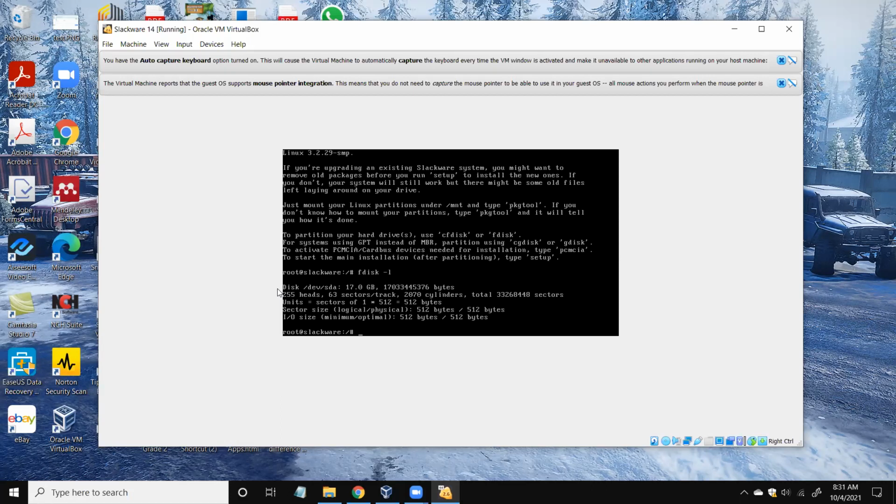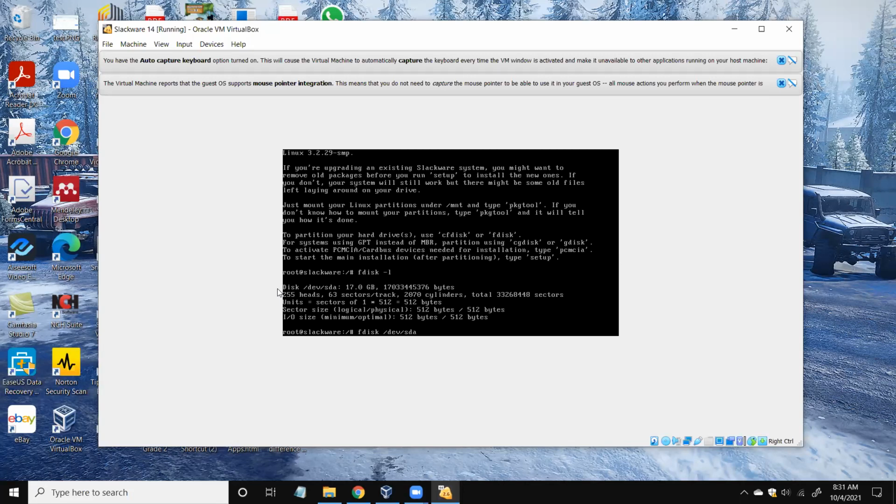So if we want to partition this given disk, that is also a virtual disk, right? So that is provided by the virtual machine, right? So we can use fdisk /dev/sda, right? So if you cannot remember a particular command, you can always use the tab, right?